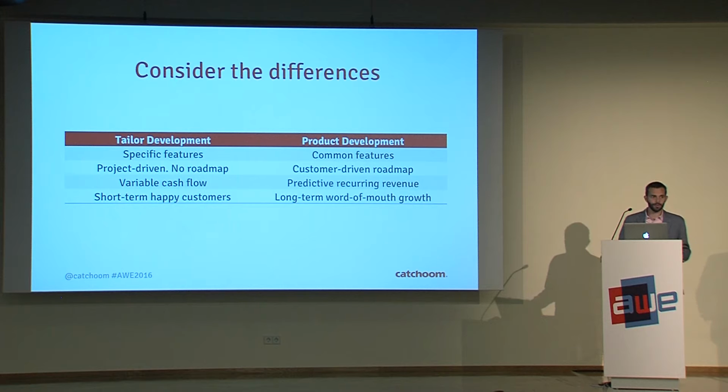In terms of your growth, in one case you have a variable cash flow problem. If your brand and your agency are known, you will probably have a lot of projects, but if you're struggling to get in there, it's more challenging. Whereas if you build a product, you do have to spend on marketing, but then you have predictable recurring revenue. And in one case you have short-term happy customers, which means that you deliver what they ask exactly as they define it. In the other case, you will have to rely on long-term word-of-mouth growth, which is also challenging, and you will have to figure out how to market your brand and how to sell your product.